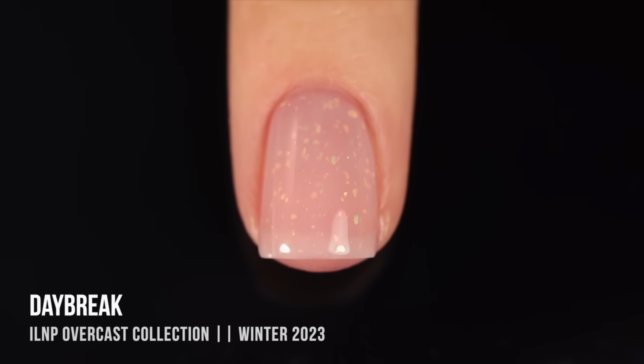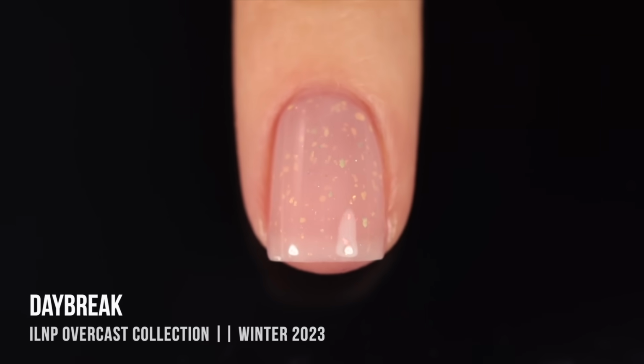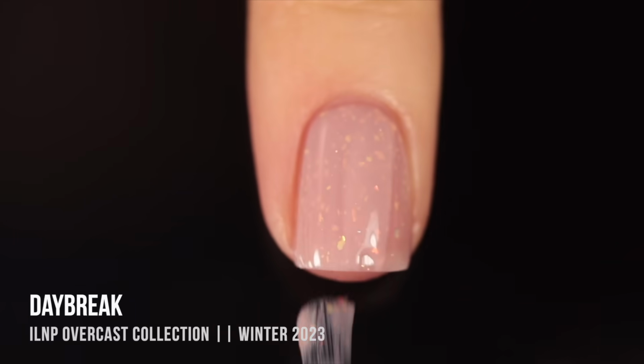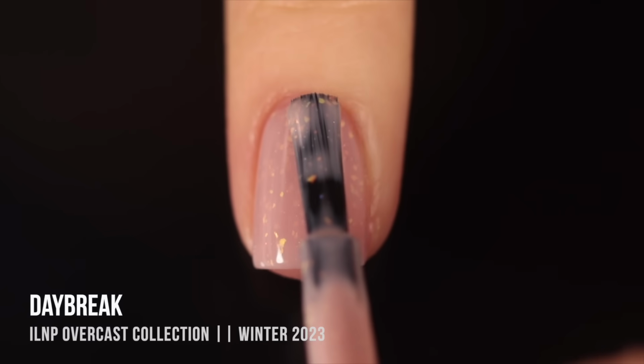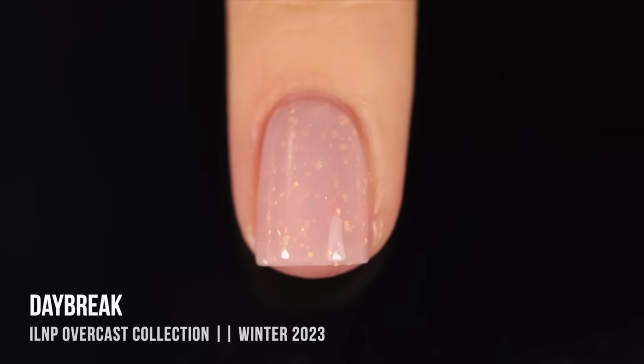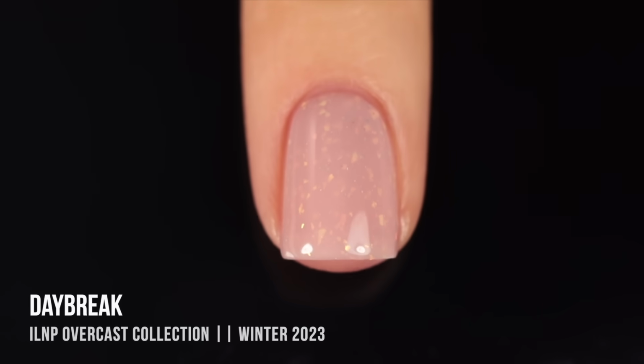I love the way that this one looked in one coat. It was super soft. It showed my visible nail line, but it wasn't patchy at all. So honestly, if you are just looking for a super soft wash of color on the nails, I think this one is perfect in one coat, but I did do a second coat and I also thought it looked beautiful